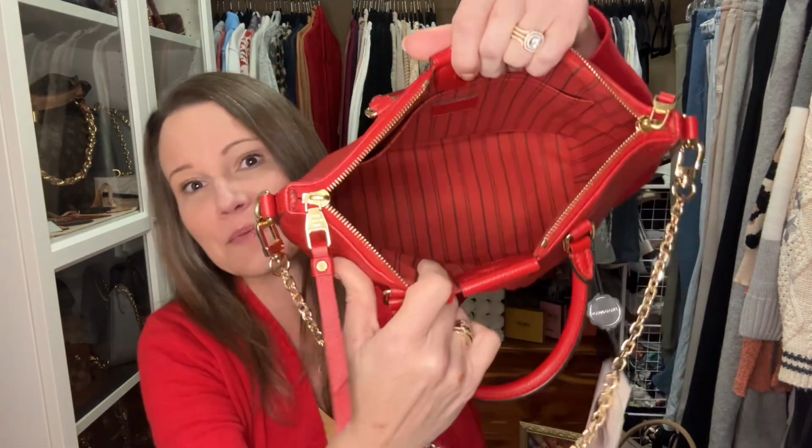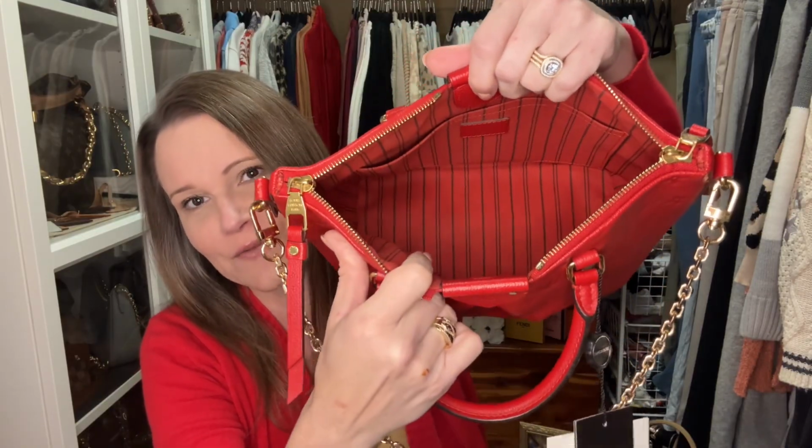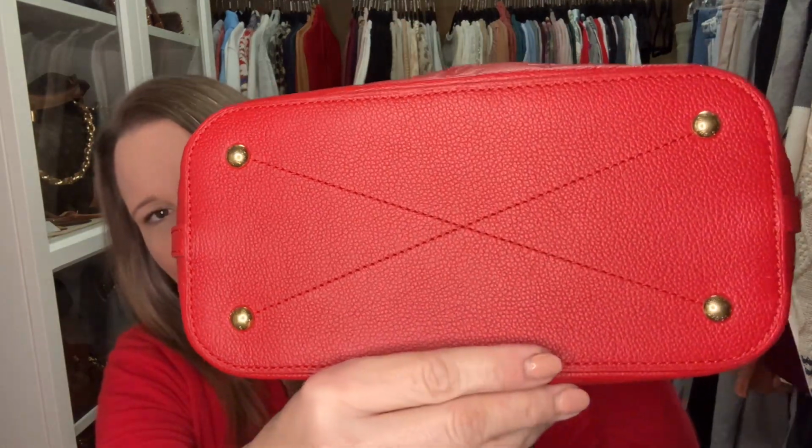It is wide enough though that I can fit probably 3 Diet Dr Peppers in there in the 20-ounce bottles and still fit my stuff on top because it's a nice wide flat base with feet. Now I use my Marc Jacobs, the tote bag, in red all the time,